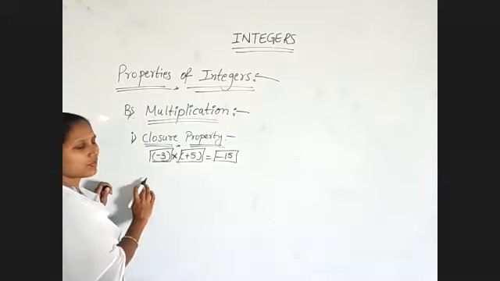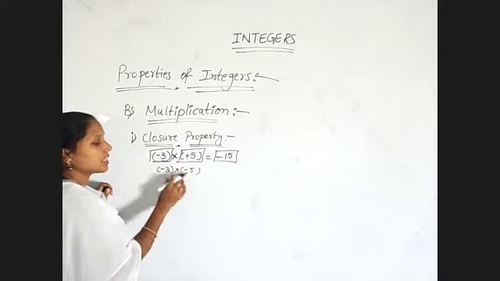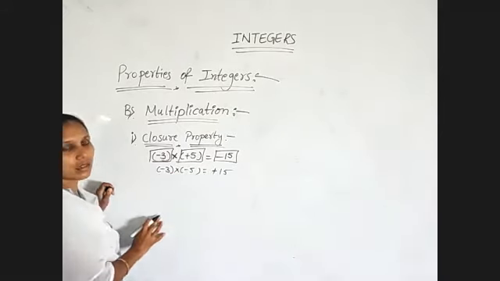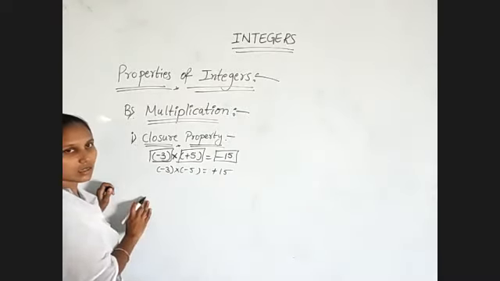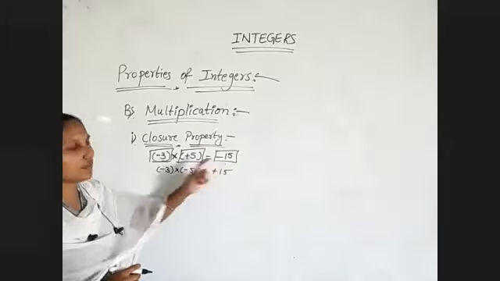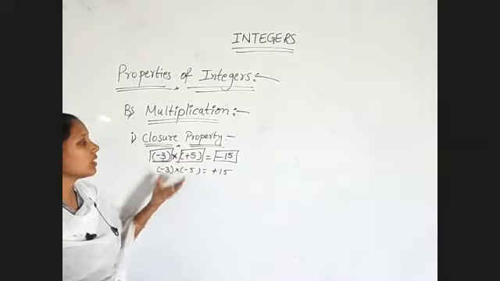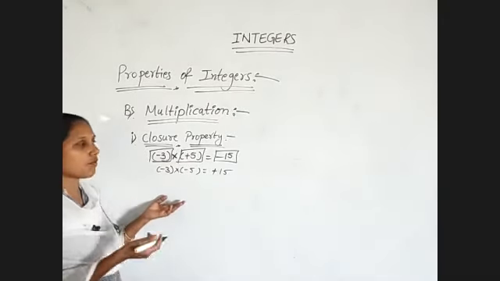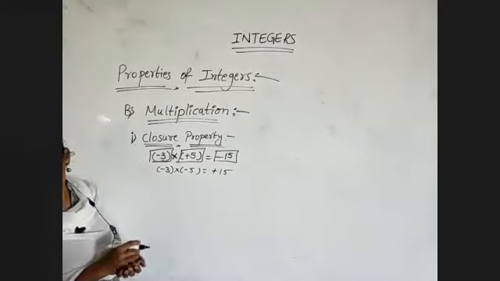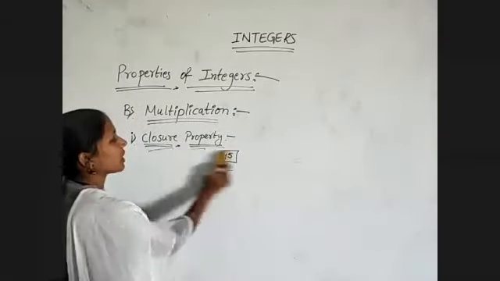Now observe. Take two negative integers, and we will check whether it is possible. Minus into minus becomes plus, 3 fives are 15, so +15. +15 is also an integer. Whenever you multiply two unlike integers, you get a negative; when you multiply two like integers, you get a positive integer. So in any case, while performing multiplication, the closure property is satisfied. That means closure property is applicable for integers over multiplication also.